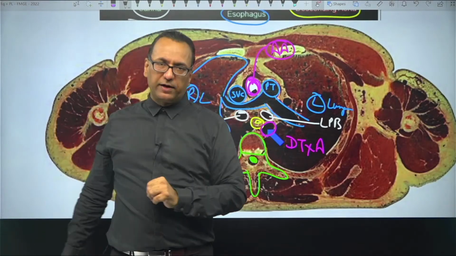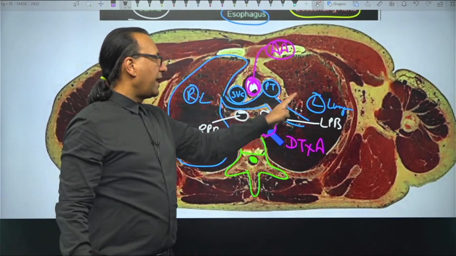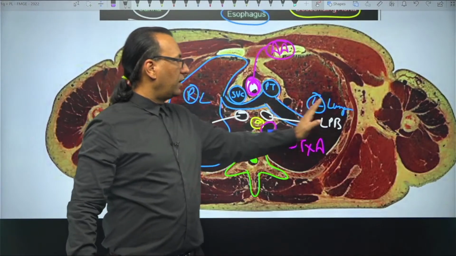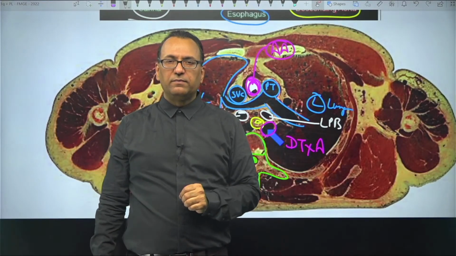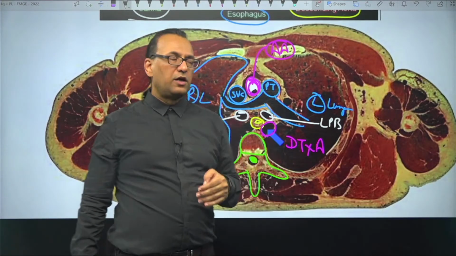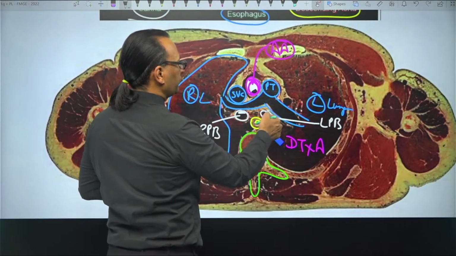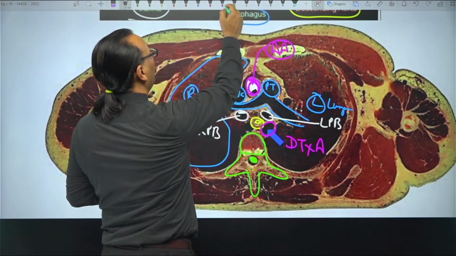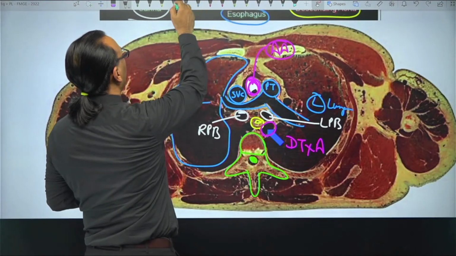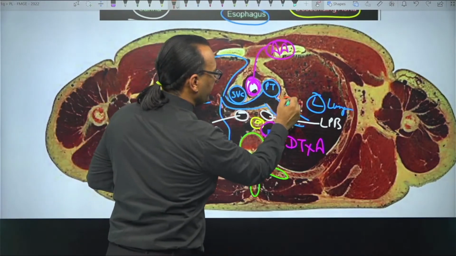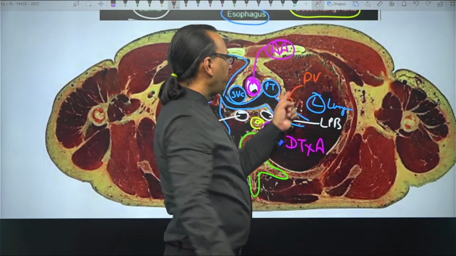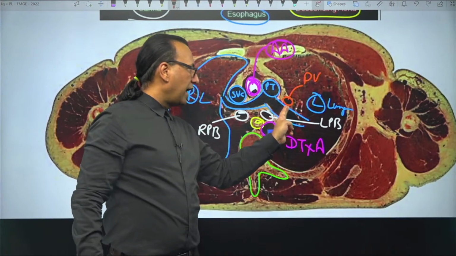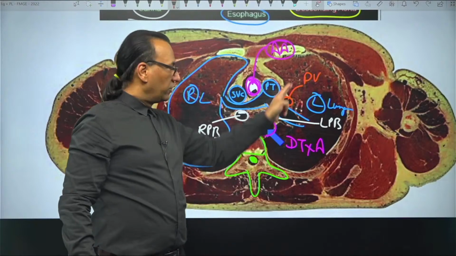A question came, asking what is the arrangement of the structures which enter or leave the lung hilum, anterior to posterior? You will see the most anterior structure which enters or leaves the hilum of lung will be, as we can use some other color, the pulmonary vein. Pulmonary vein is most anterior. Behind that is the pulmonary artery. Behind that is the bronchus. The arrangement will be